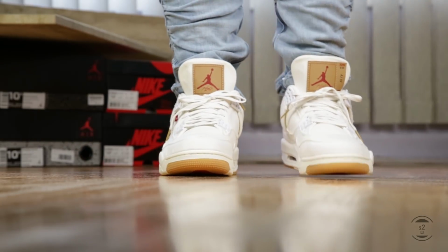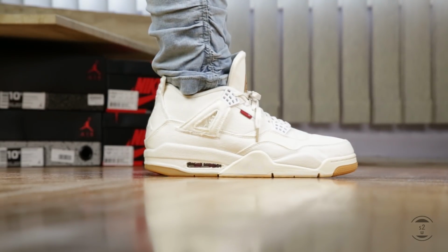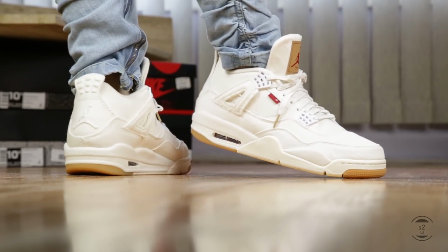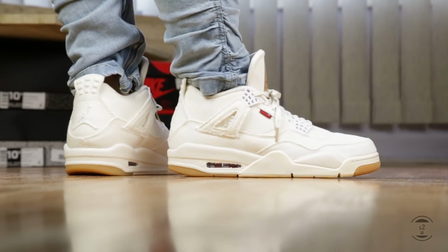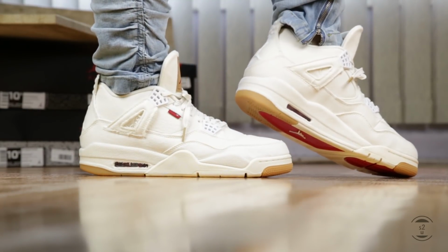Material and craftsmanship wise, everything looks great and detailed. It reminds me of exactly a pair of white jeans from Levi's. For a summer shoe, this clean white denim upper is just fabulous for that occasion. I personally think the original blue denim looks the best out of the 3 colorways, but think about all the